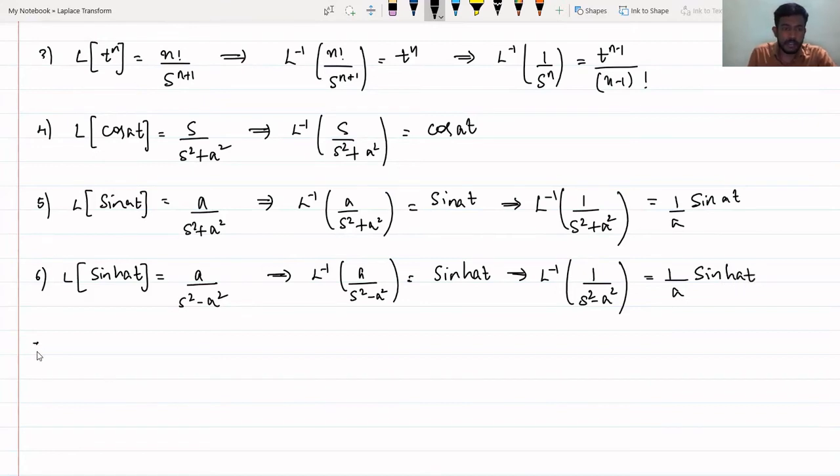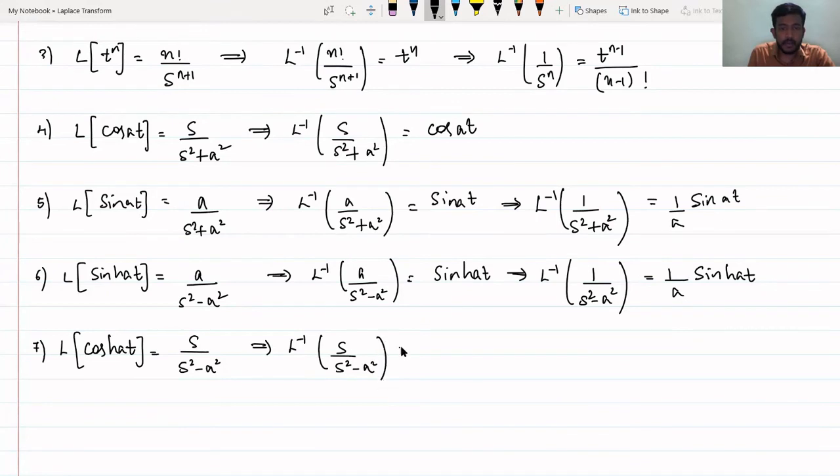Next we take cos now. Laplace transformation of cosh at is given by s by s square minus a square, which implies that inverse Laplace transformation of s by s square minus a square will be equal to cosh at. In other words, there is no need to have a constant here, because in the numerator we have the variable s. Okay, so next,